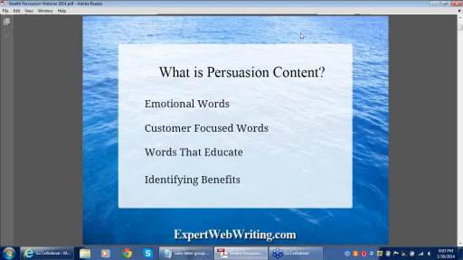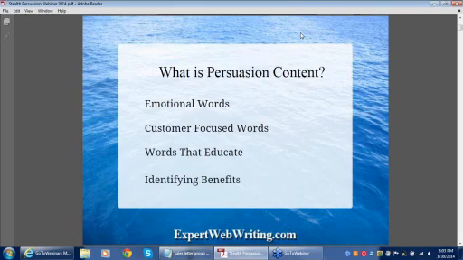Also, words that educate. Education is a huge selling point. When people feel that they're being sold to, they put up resistance. When they feel like they're being educated, they have more power to make a better decision. And also identifying benefits. I'm going to show you benefits in here that you may not think are the ones that are the strongest. We think money and fancy cars and lifestyle and things like this are the benefits that we're all looking for, especially in information products and coaching, but it's not. So I'm going to point out those for you tonight as well.